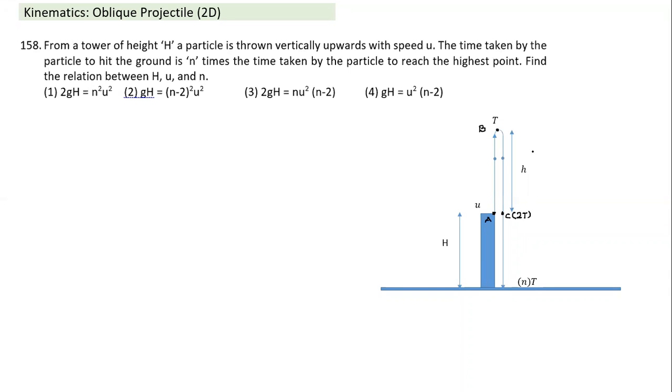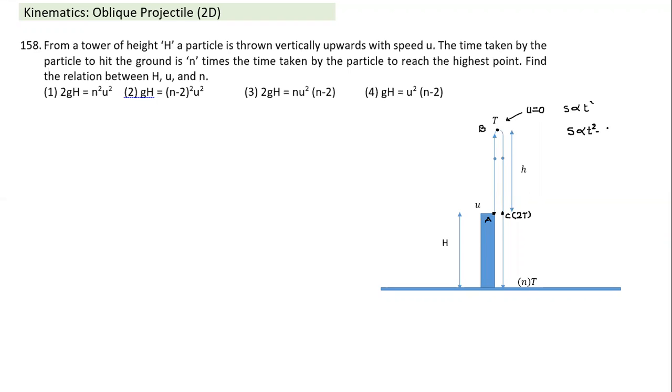So in all such questions, why do we take the top point as a reference? Because if I take the top point as reference, the initial velocity at the top point becomes 0, and hence the displacement becomes proportional to the square of the time. So let me look at what has happened from B to C. What is the time for which it has fallen? It has fallen for time t, a distance h. So I am going to use the condition that displacement fallen from a state of rest is proportional to the square of time.